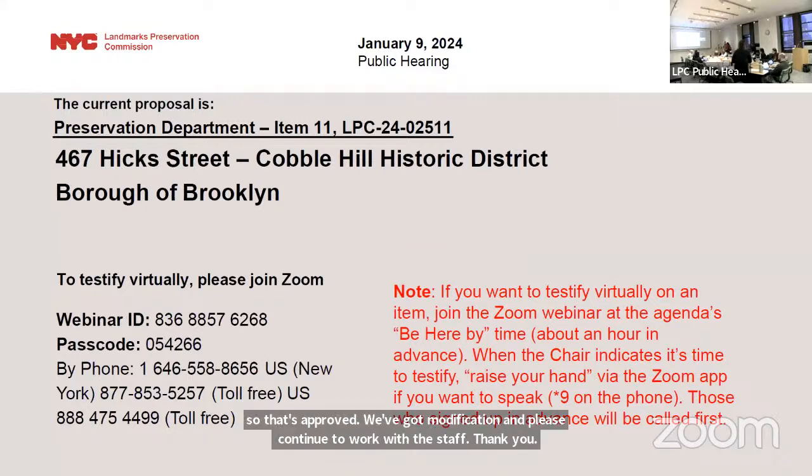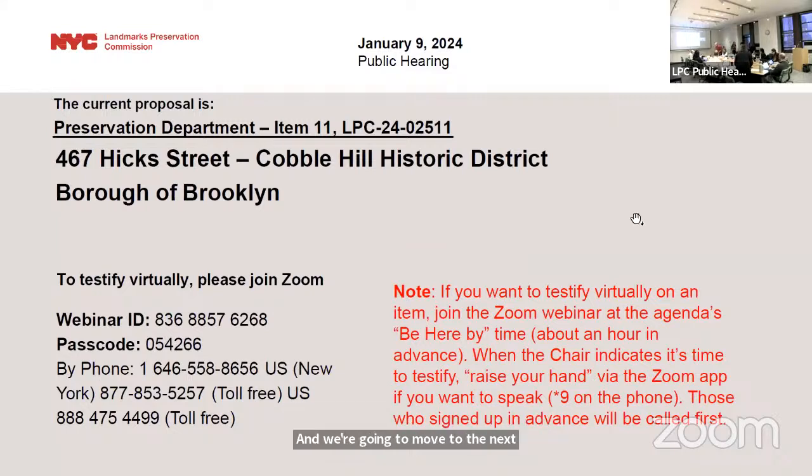We're actually going to flip the order of the last two items. 5 minutes. So there is a slight change to the order of the agenda. We will be moving to public hearing item number 11, LPC